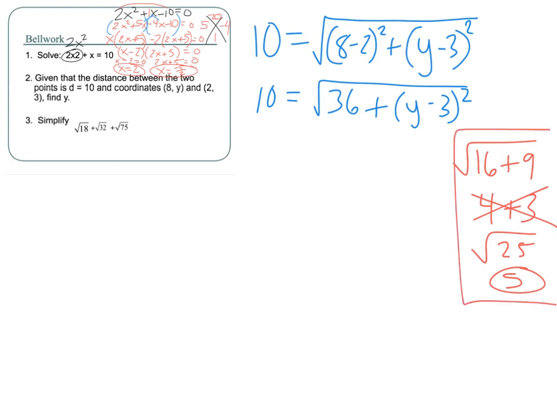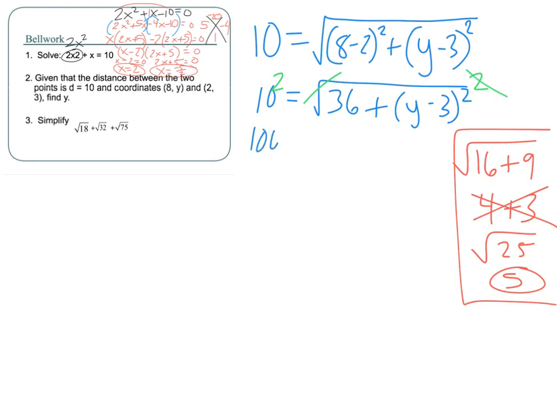All right, so that's just a little sidebar there. Not part of this problem, but an illustration of it. Okay, so what do I need to do? Well, how about I square both sides here? So if I square this side and I square this side, that will cancel out the square root, and I'm left with